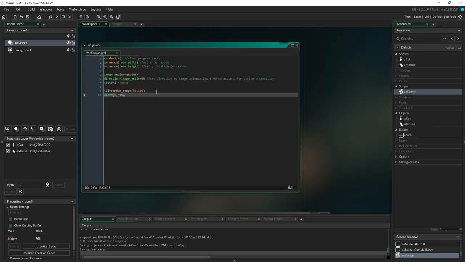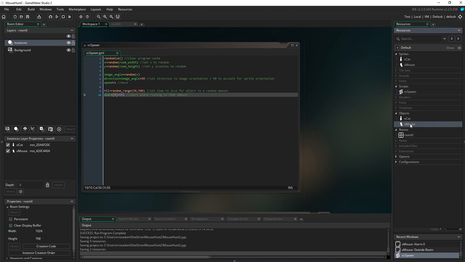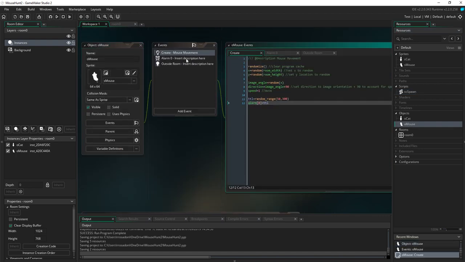All right. I should put some commentary in here. Set time to live for object to a random amount. And in this one, start alarm running to that amount. Great. Save that. So I've got my script there, and then for my mouse, instead of when it's created doing all that stuff,